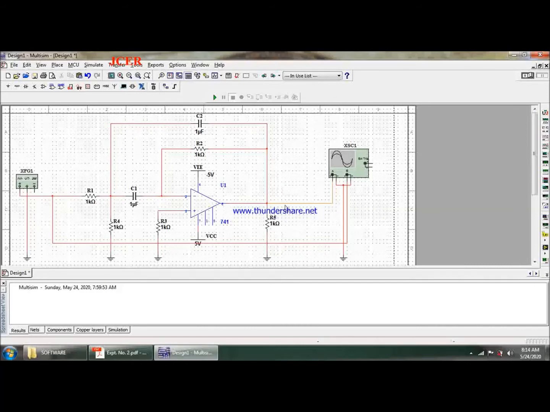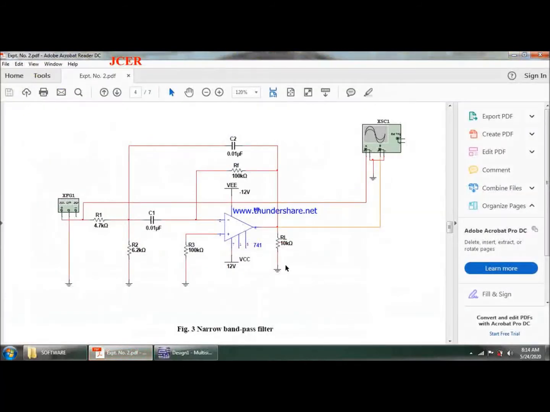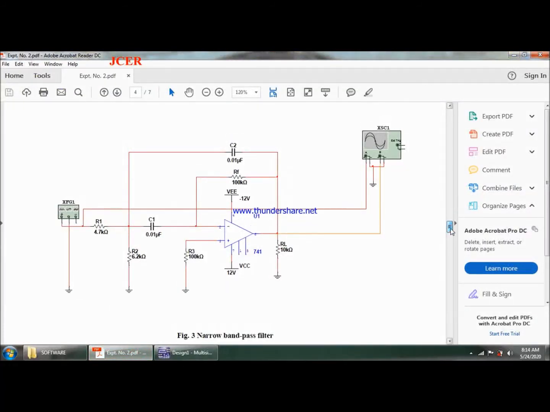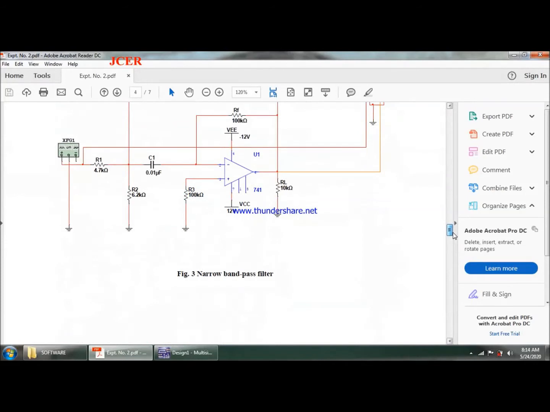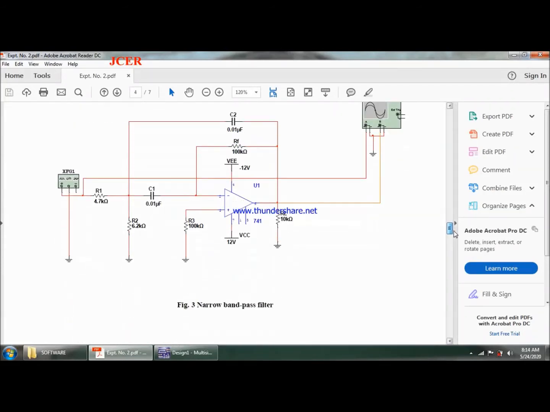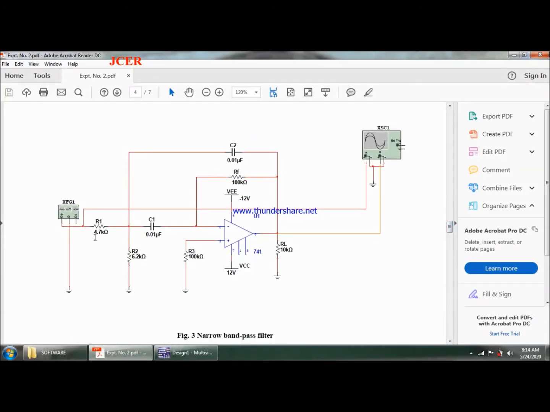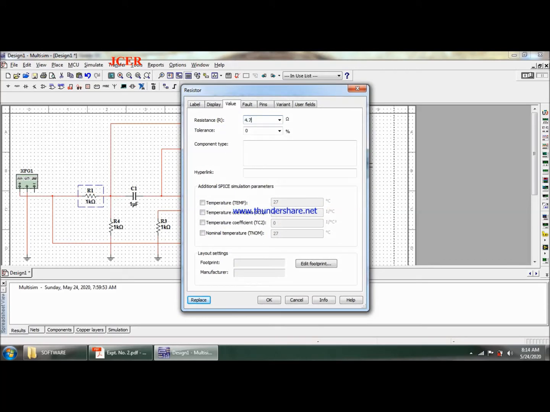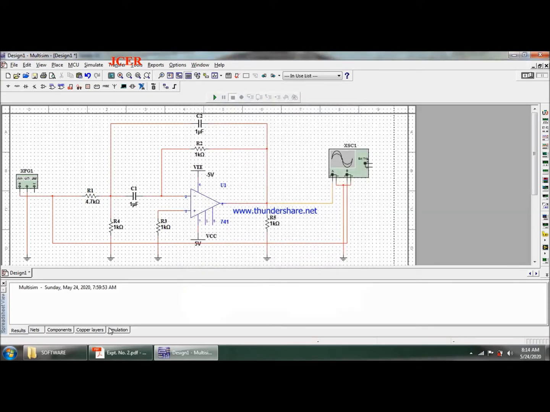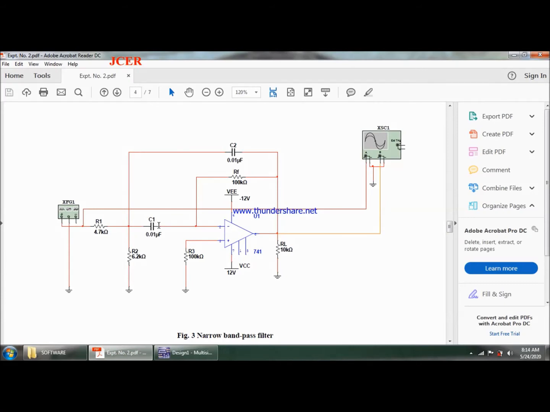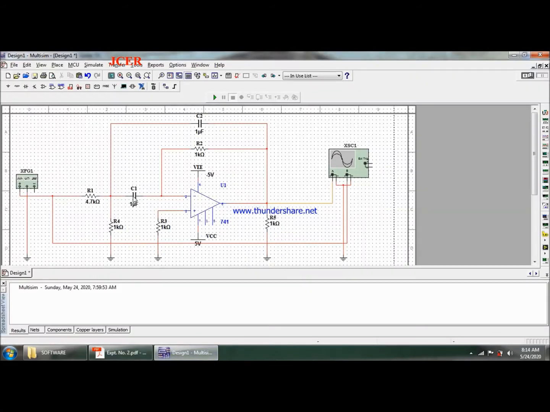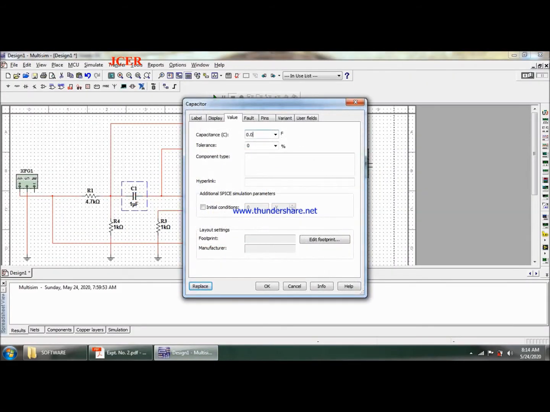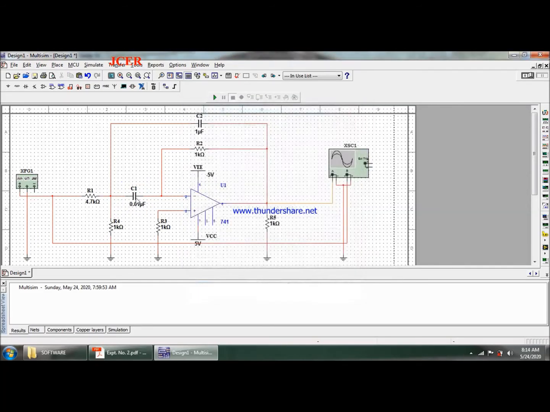Now I need to fine tune this circuit as per my design. This is a narrow band stop filter. So I'll set this value of resistance as 4.7K, and this as 4.7K, and this as 0.01 microfarad, and this as 0.01 microfarad.